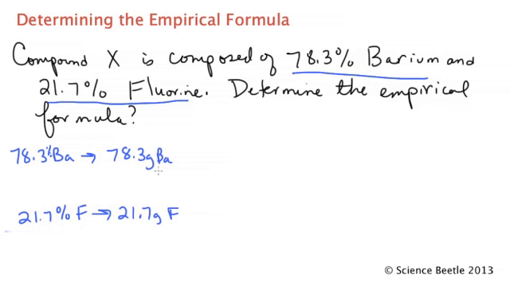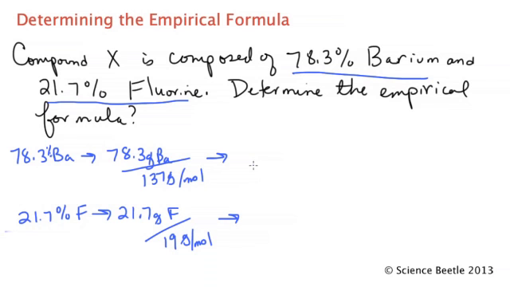The next step that I want to do is divide the barium number. I'm going to take 78.3 grams of barium and divide that by the atomic mass of barium, and the atomic mass of barium is 137 grams per mole. And I'm going to take the 21.7 grams of fluorine and divide it by the atomic mass of fluorine, which is 19 grams per mole. The grams cancel in both cases. Okay. And what I'm left with here is going to be the number of moles of the barium and the fluorine respectively. So the top number here, if I take 78.3 and divide that by 137,